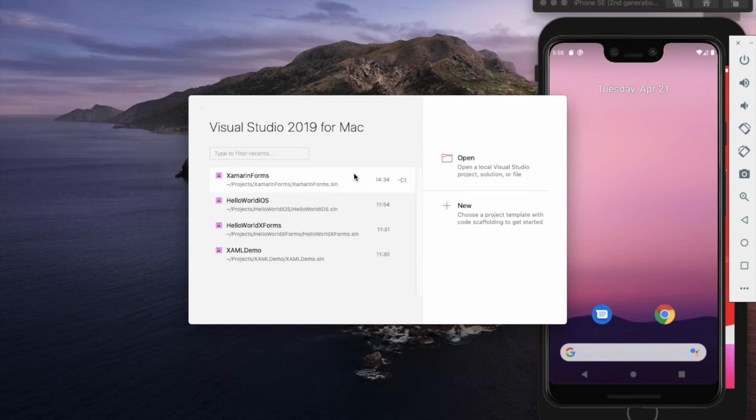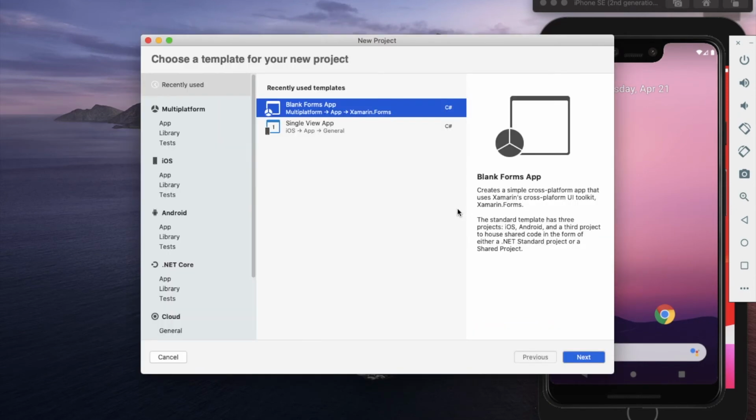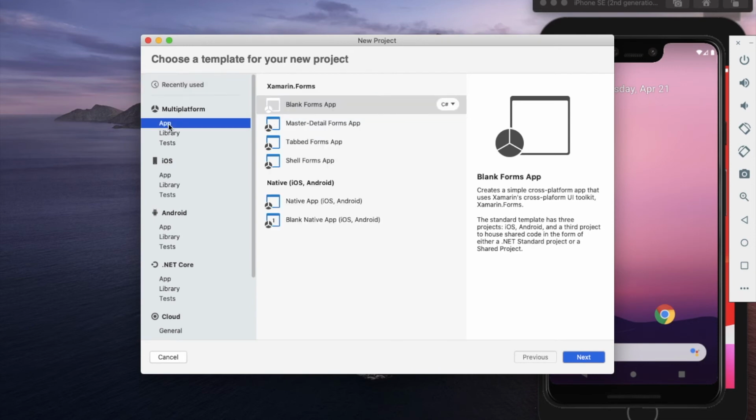Open Visual Studio and create a new mobile platform development project. So you have multi-platform, iOS, Android. If you give multi-platform, you can develop for iOS as well as Android.